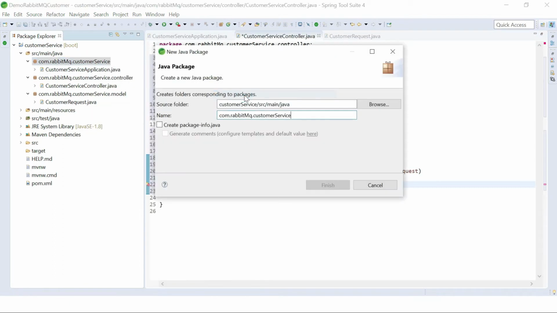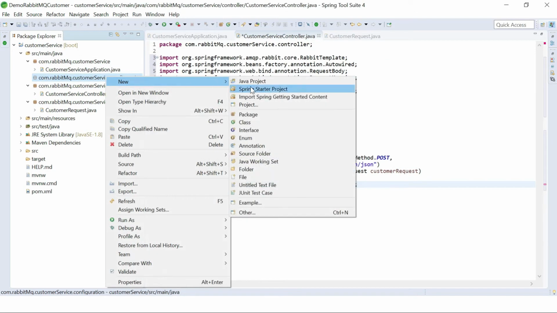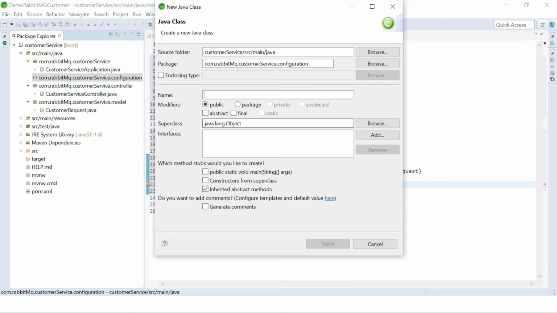First I will create the configuration package, then a new class, and give the class name CustomerRabbitMQConfig.